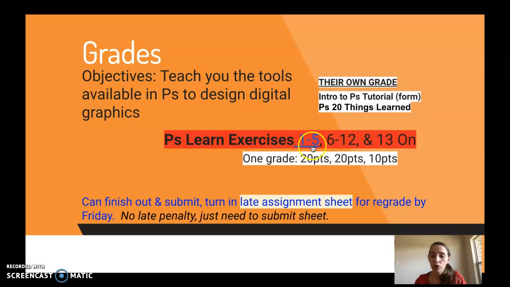So I broke them down into pieces, 1 through 5, 6 through 12, and 13 on, and then was going to let you just explore at your own pace. What I discovered after I set you off on this assignment was that it wasn't accomplishing the goal that I hoped it would. I saw some excited learners turn into like wilting flowers because there were some go-getter students who